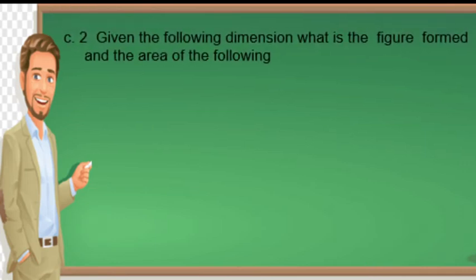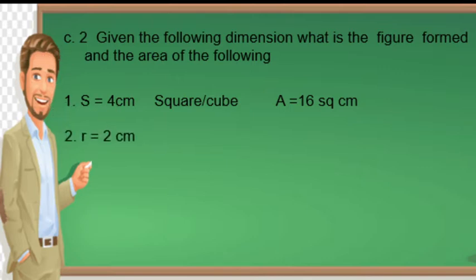Given the following dimensions, what is the figure formed and the area of the following? Number one, the side is equal to 4 centimeters. What is the figure? Yes, this is a square or cube. And the area is equal to 16 square centimeters. How about this one? The radius is 2 centimeters. Yes, this is a circle. And the area is equal to